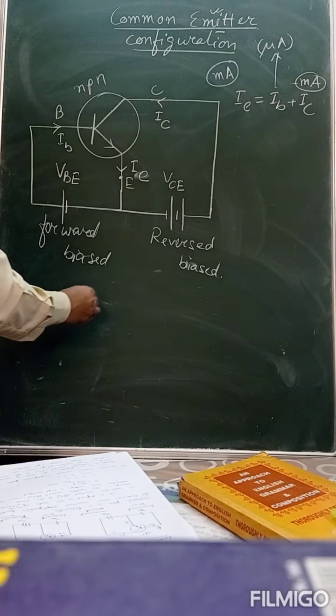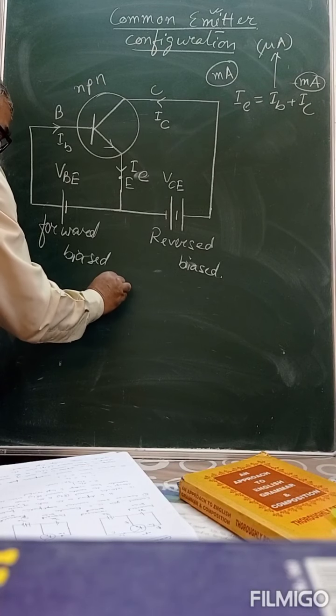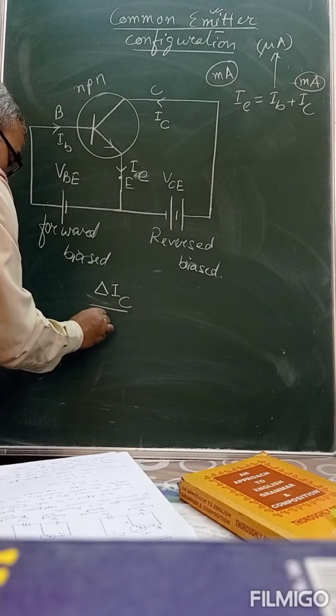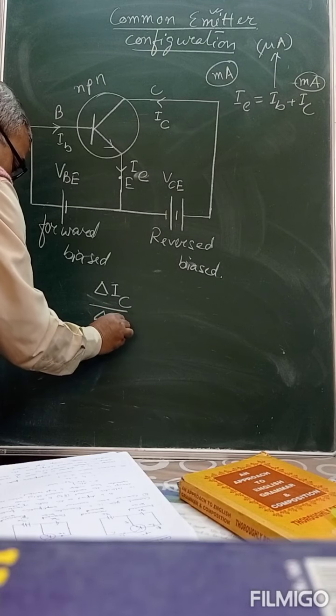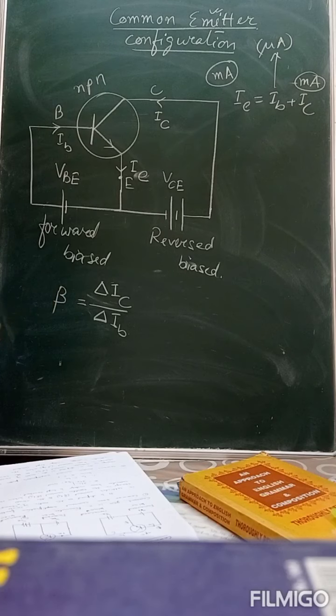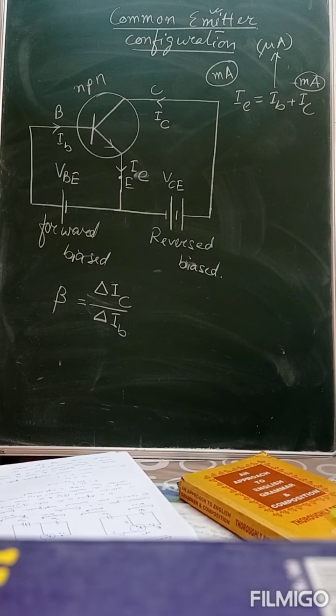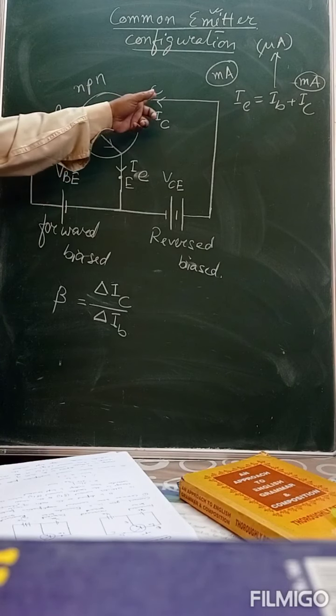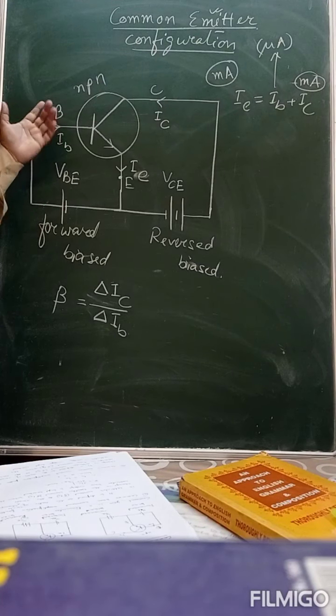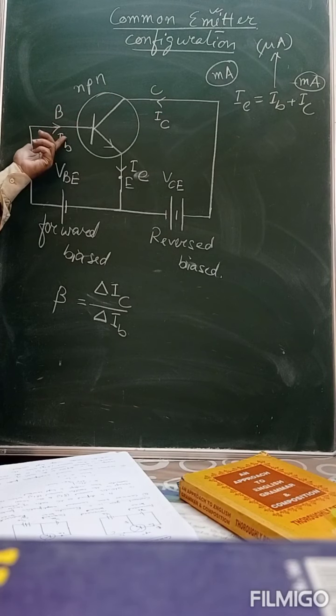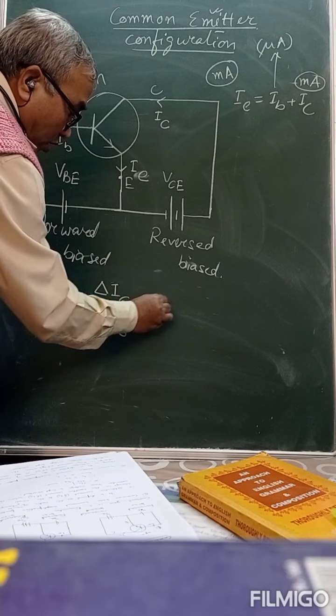Here we study the ratio of change of collector current to the change of base current, which is called beta. That is, the ratio of change of output current to change of input current is beta. And this beta is called